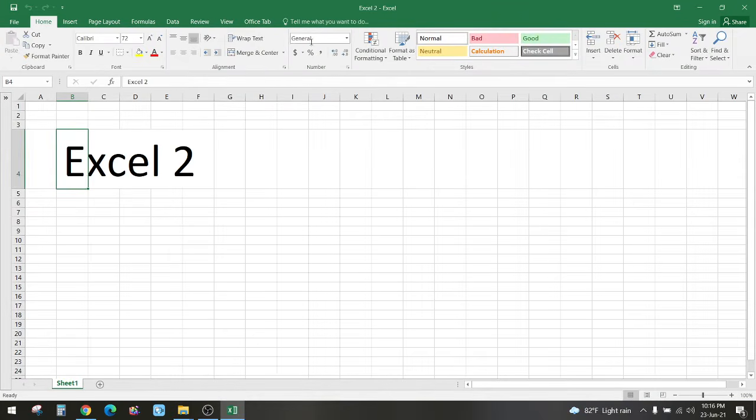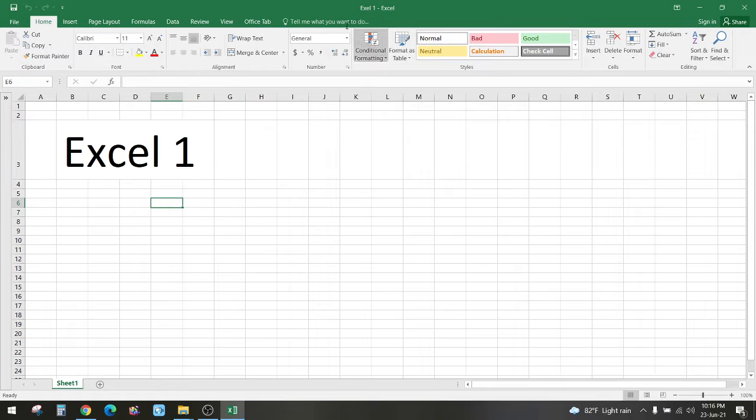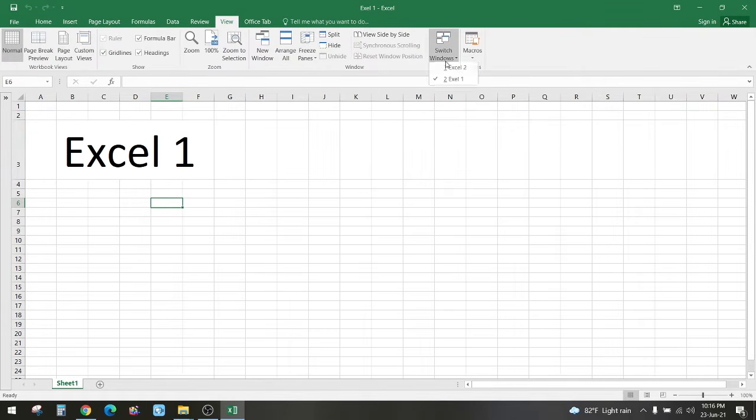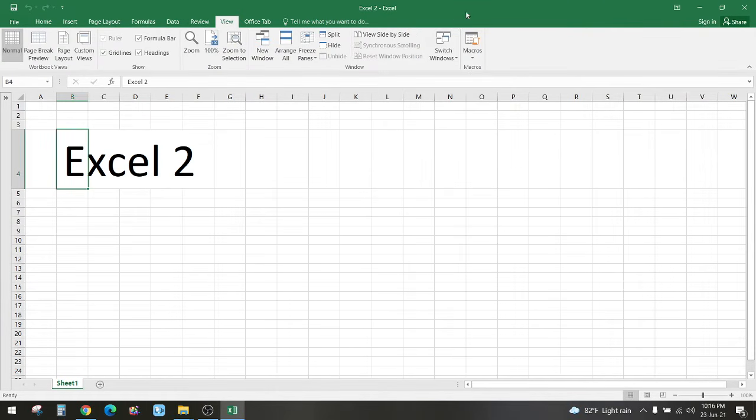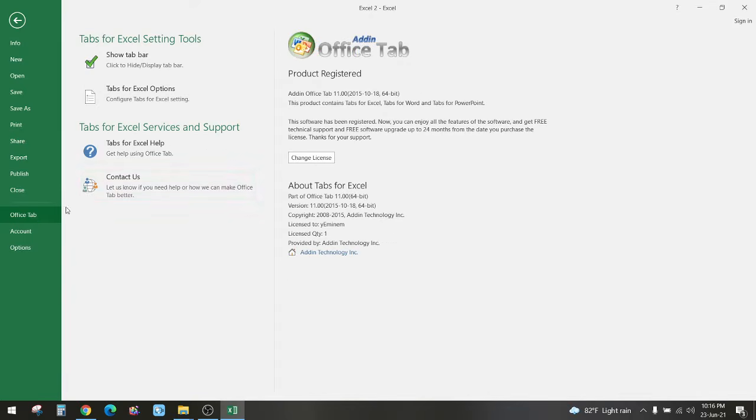So if I go to the View tab and switch window, I can find Excel number 1. So again I can move to Excel number 2, but I need to separate the windows for Excel number 1 and Excel number 2. For that I can go to File and Office tab and tap for the Excel option